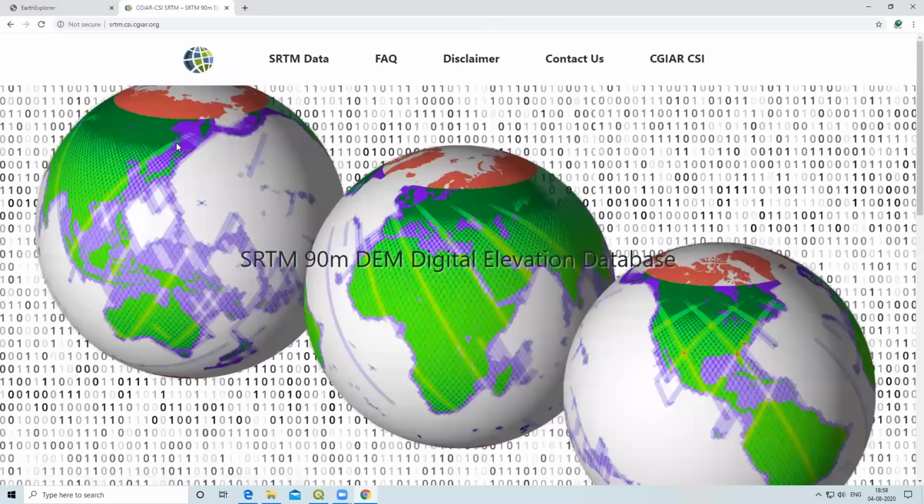It's loading. Now you can see the SRTM 90 meter digital elevation database is available here. To download, I will click on SRTM data.